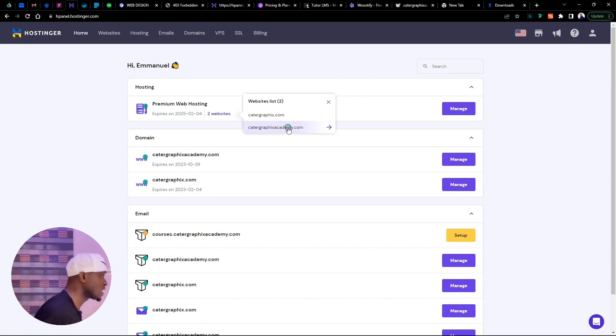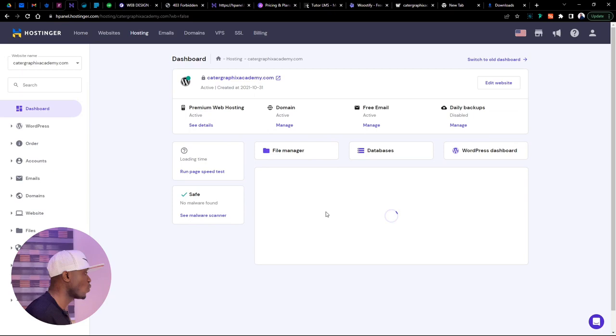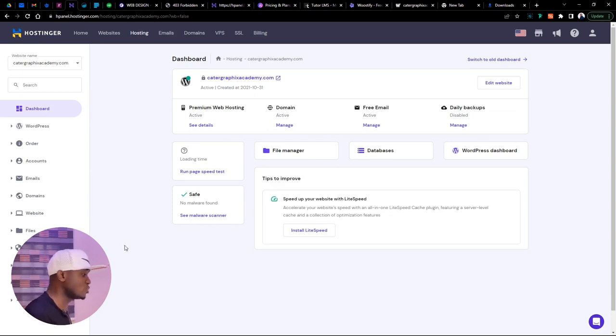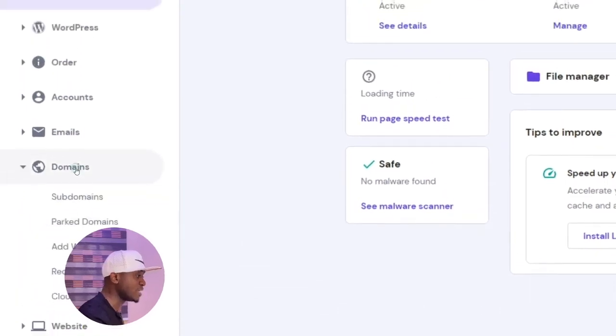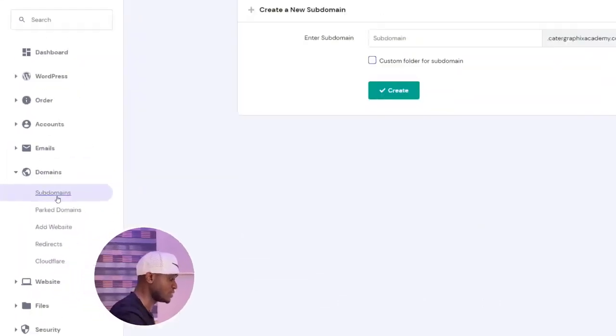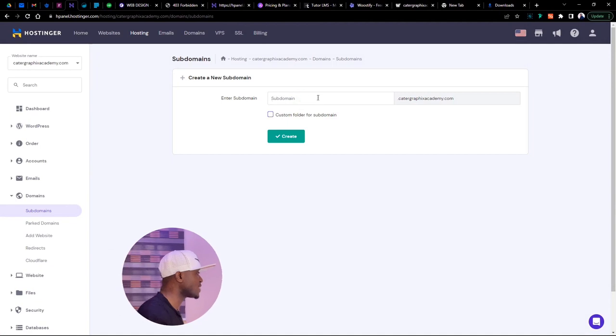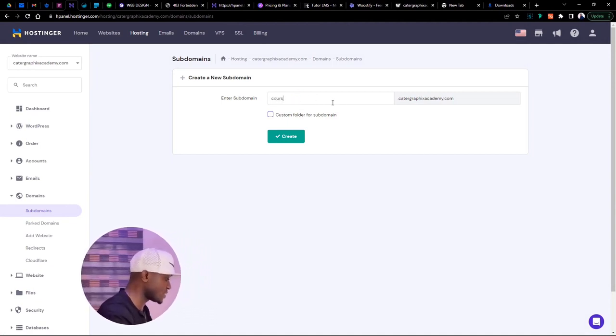So we click on the CaterGraphix Design Academy, which is the one we want to work with. The next thing we are going to do is head over to the left corner where we are going to see domain. Click on it and click on subdomain. So here we're going to create our subdomain name. We are going to call this courses,